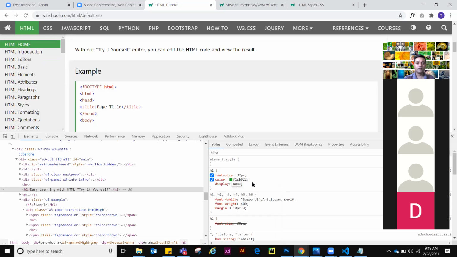Display none. Okay, is it hidden, right? Now it is hidden, right? Yes. Now who can tell me that then this way I can hack Google also, right? Should we do that? Or if I can't do that, why?